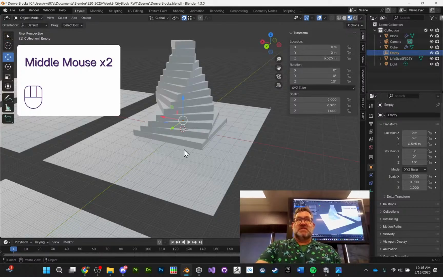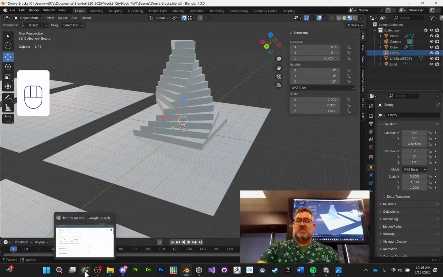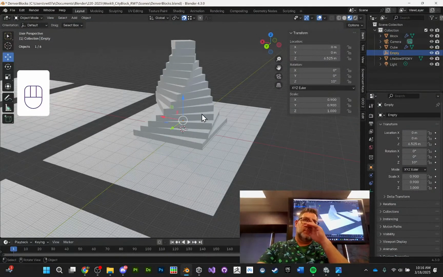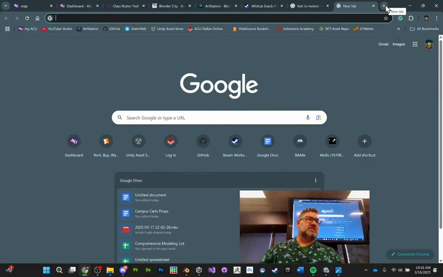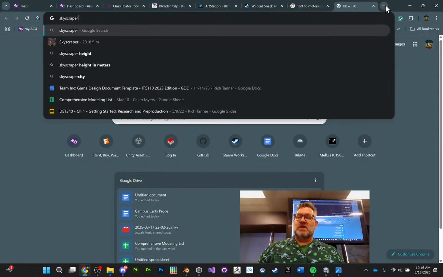Again, the rest of this will be very freeform. Make a skyscraper. I am usually not an original thinker, unfortunately. I don't know that I can design a skyscraper on my own, but I find reference images to be fantastic. I love to make things look like the thing I'm looking at. So I don't know, just look up a cool skyscraper from